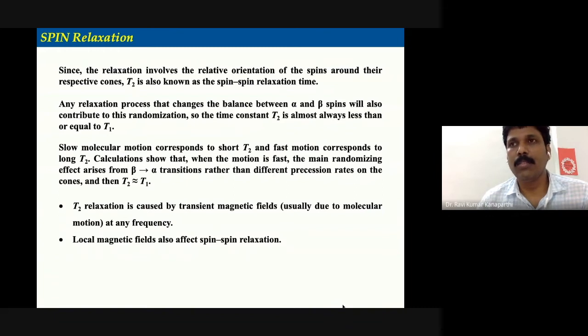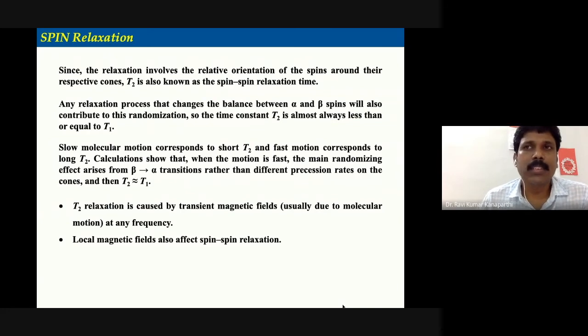Naturally, you know that the beta nuclear spin state is higher in energy. A system doesn't want the higher energy, so it always tries to be in the lower energy state. So it has to come back naturally. Once you switch off the RF pulse, this process re-establishes. The original thermal equilibrium will slowly be re-established. This process is referred to as the spin relaxation process.